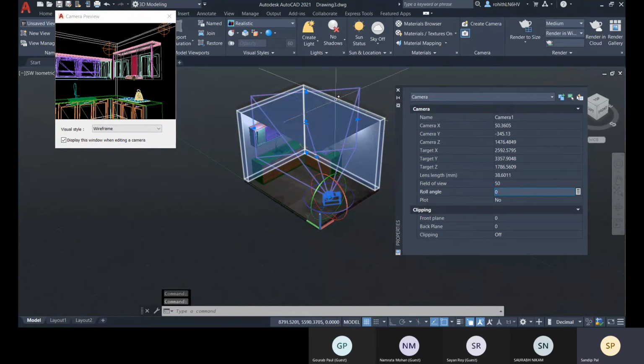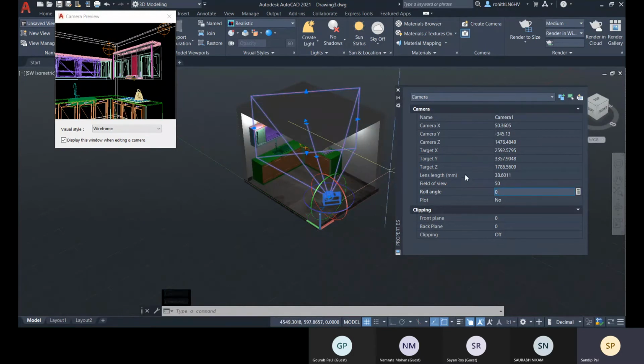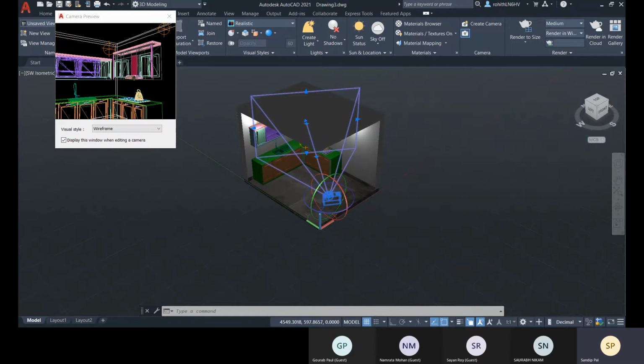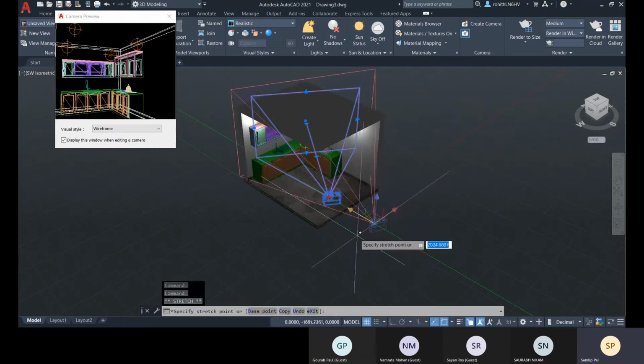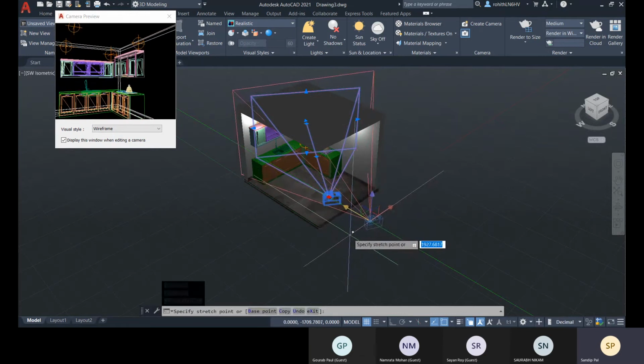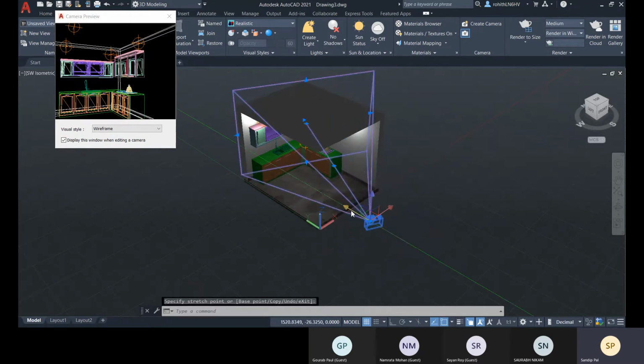Okay, so this way you can have, and can change it to like this.